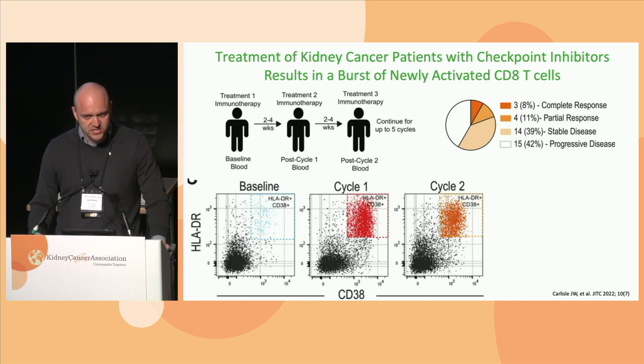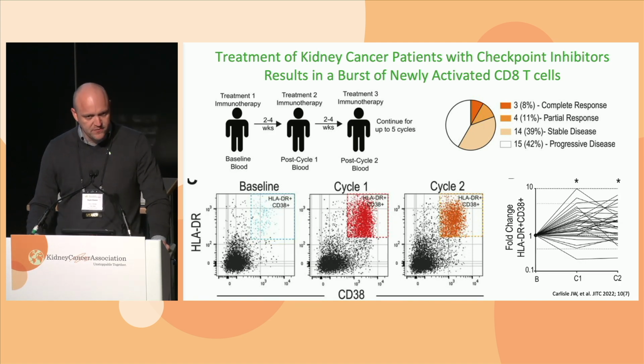What we see when a patient gets anti-PD-1 therapy or any of the sort of IO combinations, there's a big burst of activation of these activated cells in their blood extremely quickly after the therapy. So what I'm showing here is 2 cycles. When they come in for their second infusion, we're taking blood just before it, we see this massive sort of burst of activated cells in their blood. And if I show you the summary data for all our patients, pretty much everyone has some level of activation. Some have small, some have large. It's a big mix.